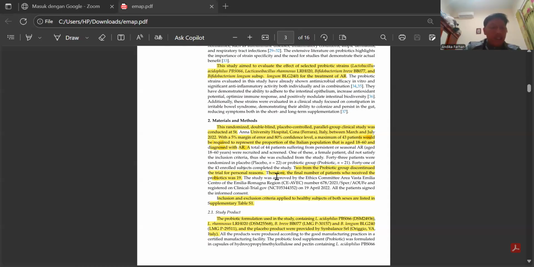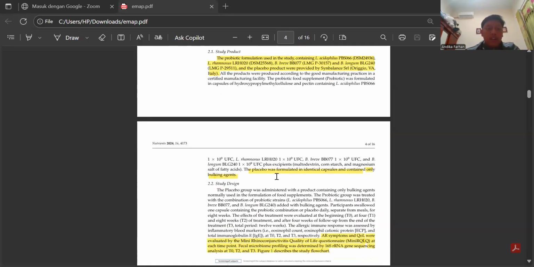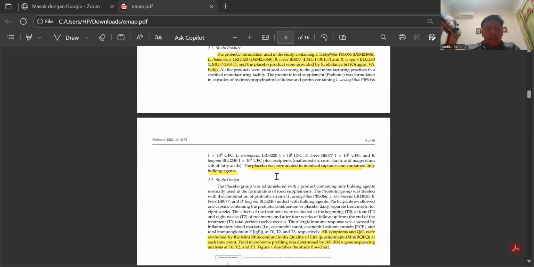Item 7A, the authors justify the sample size using standard margin of error and confidence level. Item 7B, no interim analysis or stopping rule is described. Items 8A and 8B, the method of random sequence generation is not explained in detail.